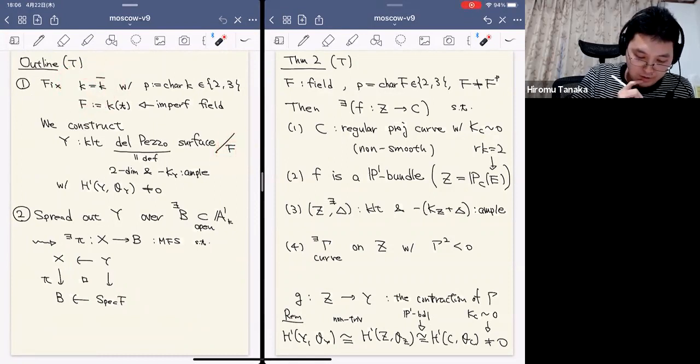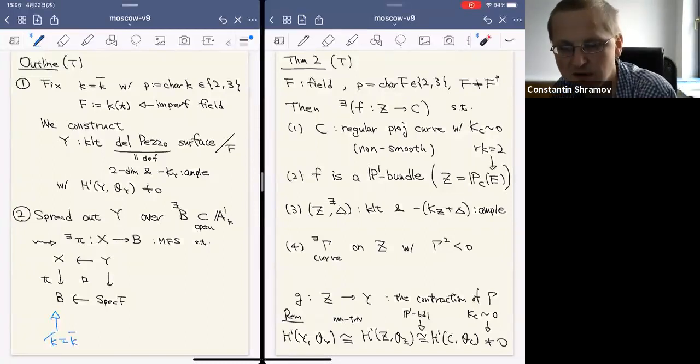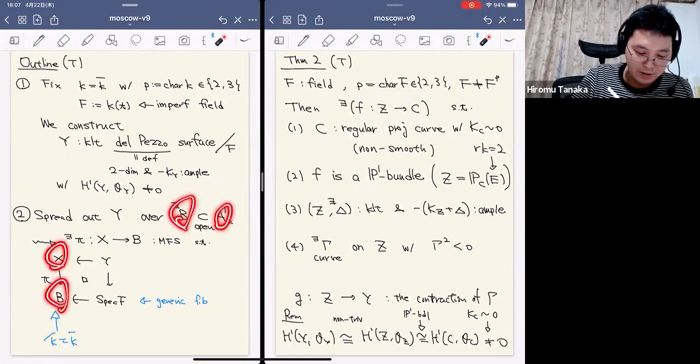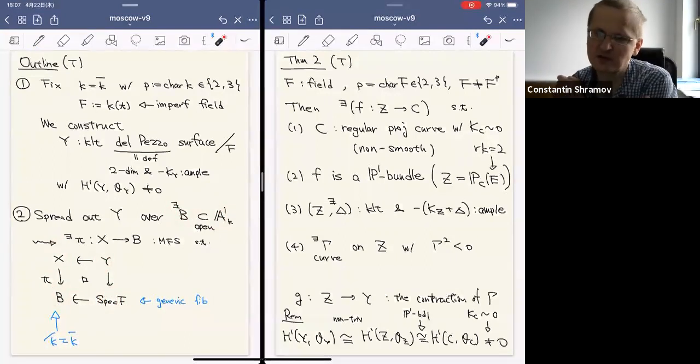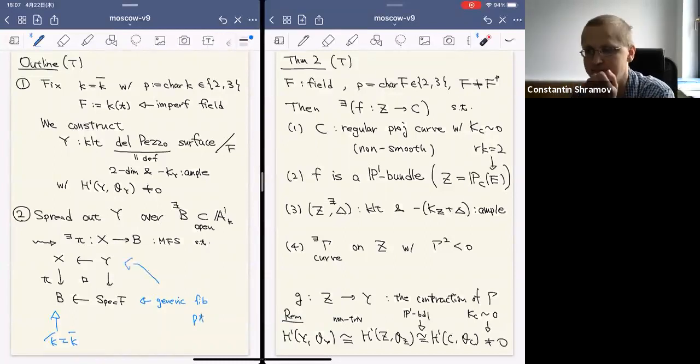Because for example, this. Yeah, so you just say that a surface over such a field is more or less the same as a threefold. Yeah, this is a generic fiber, K fibered into surfaces. So this is a 3-dimensional variety to a 1-dimensional one. This is the usual algebraically closed field, A1, and its open subset, and this is the threefold. Then the generic fiber. Yeah, I see. Generic point and generic fiber. Yeah, I got it. Thank you.